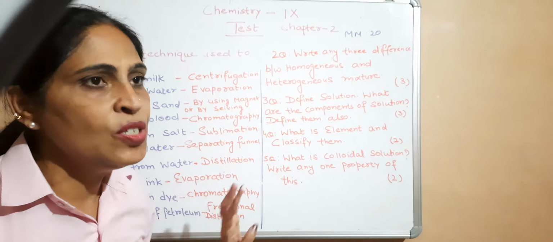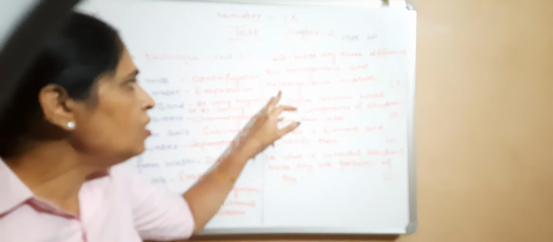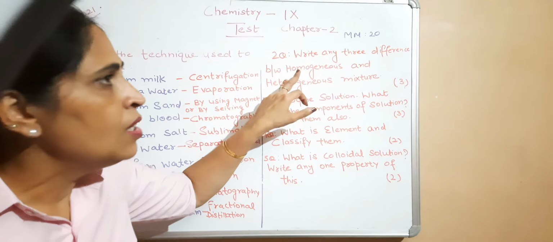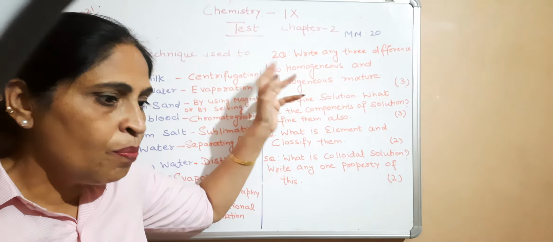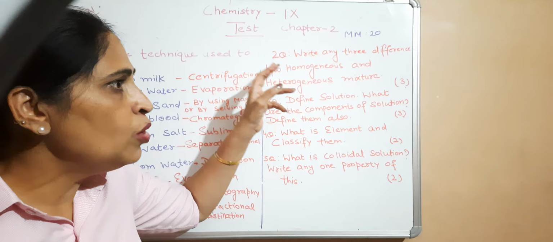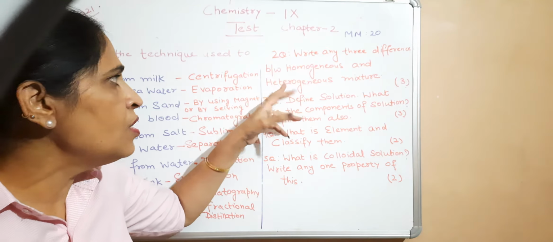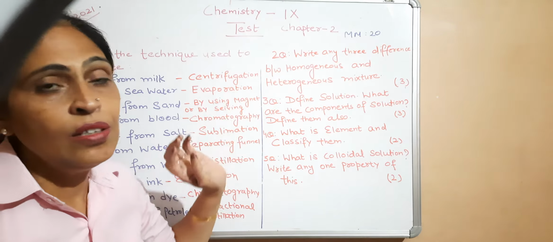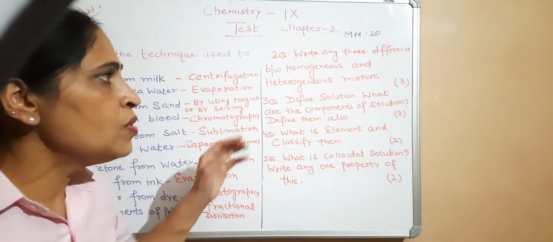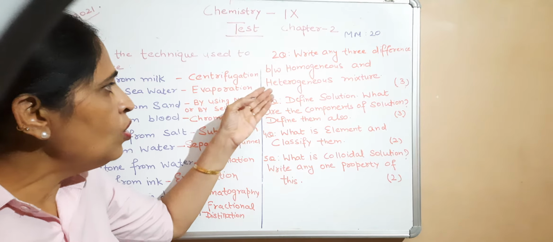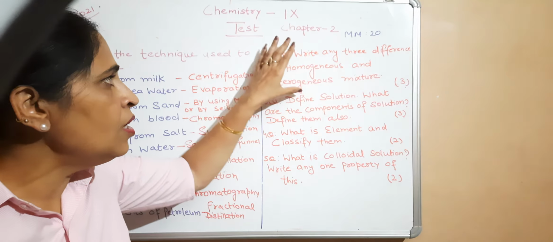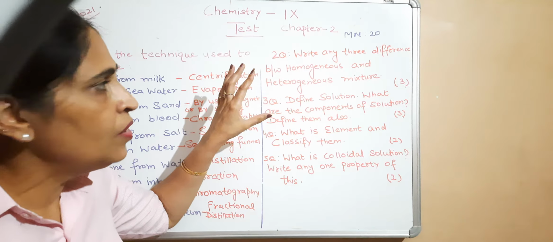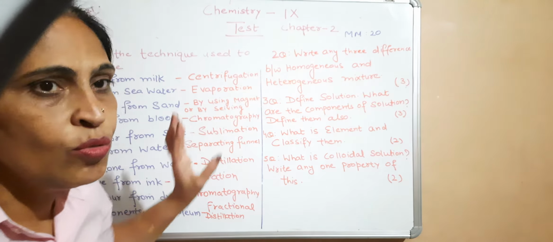In heterogeneous mixture, we can do it, and you can give the examples also. For example, homogeneous mixture, such as copper sulfate in water, sugar dissolved in water, salt dissolved in water. And in heterogeneous, you can give the example of oil in water, and you can also give the example of sulfur in the iron filings. All these are heterogeneous mixtures. Whenever you write the differences, you have to write in tabular form. That will lead to great impact.